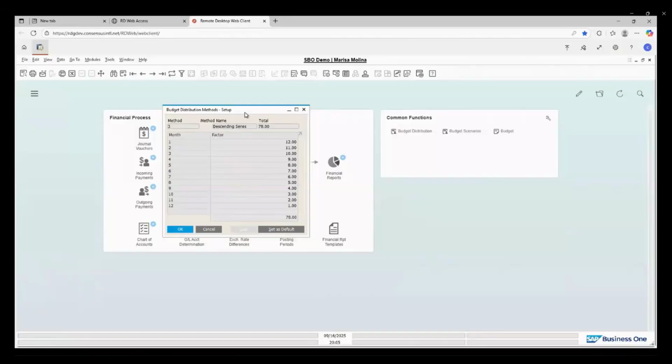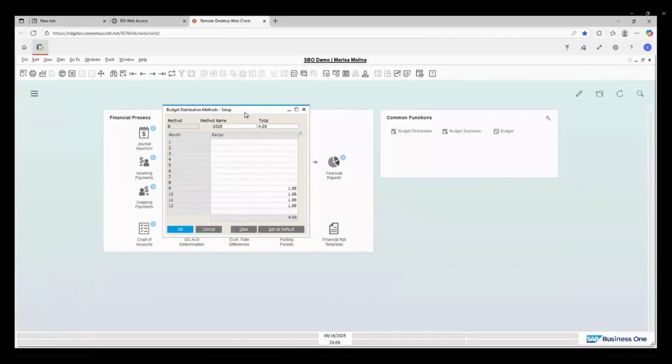Now I created a few more, like in this case, a quarterly one, basically on March, June, September, and finally December, 25% for a total of 100. This one I created with the name 2025. The reason is, let's say that we are going live with a project in September.